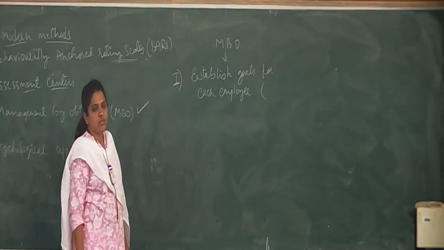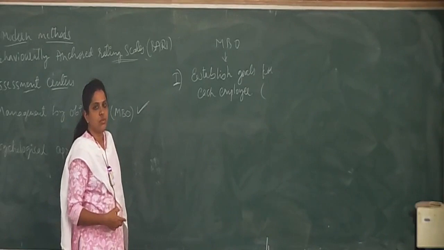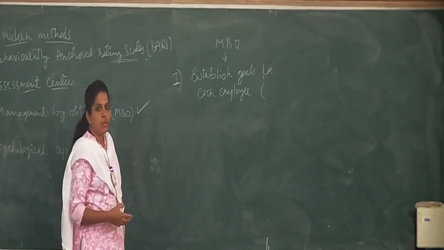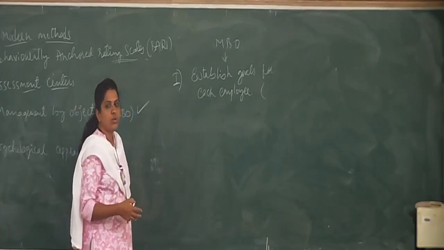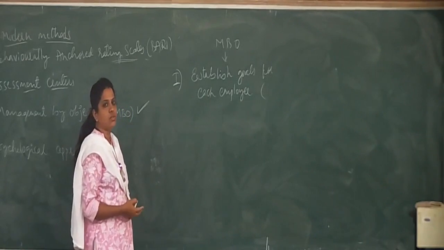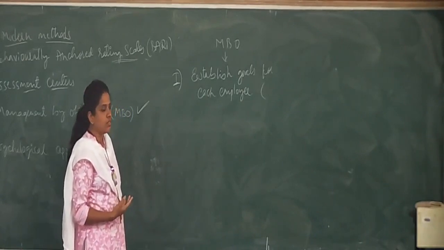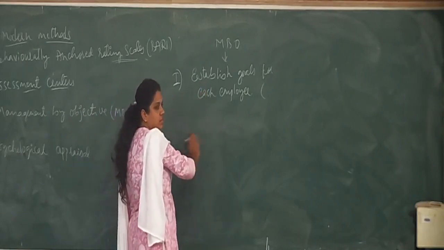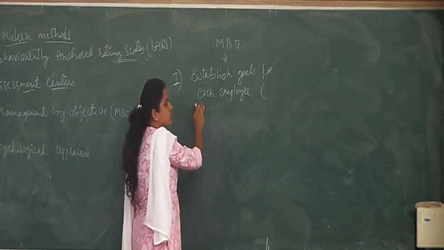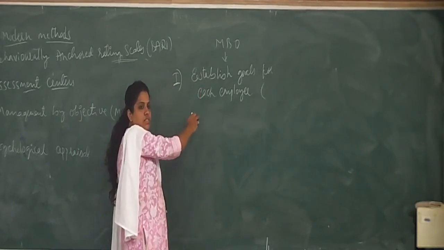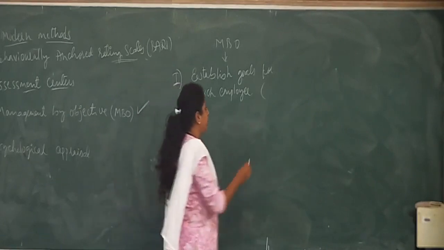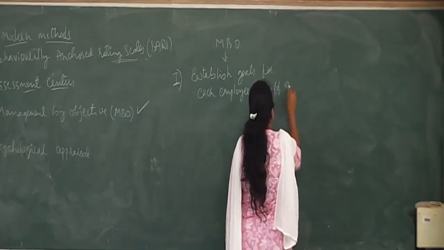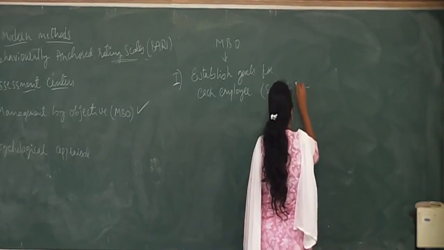If the salesperson has to increase the sales by 20%, what does he have to do? He has to do an extensive market survey, and he has to go to places, and he has to reduce the price. So many things. So these can be some of the objectives for him. These goals or milestones or objectives can be set by oneself, by him, or with the help of the superior.